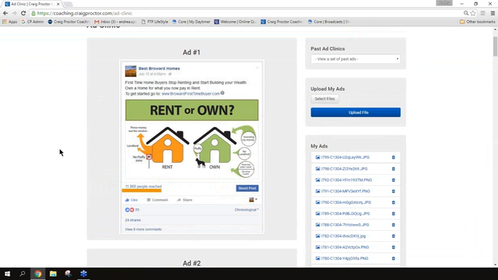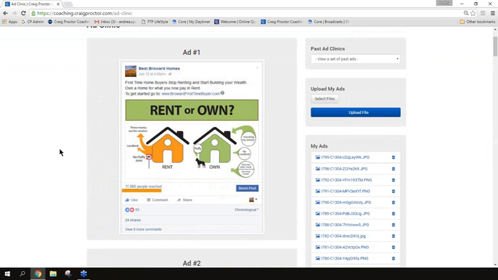So you'd be better off saying, start building your wealth and own a home for what you pay in rent. Free list of first-time home buyer must-sell deals. Properties. Buyers want properties, not education, properties. Sellers want buyers. Buyers want properties. So offer buyers properties.